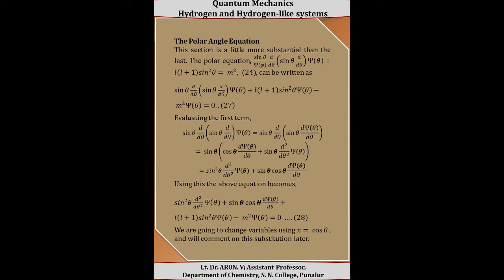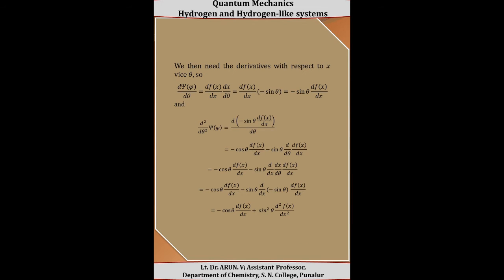Here next we are going to change the variables in such a way that x is equal to cos theta, and we will comment on this later. When we substitute like this, we can represent the theta in terms of x. Therefore d psi theta by d theta, that is equal to d f of x by dx into dx by d theta, that is equal to d f of x by dx into minus sin theta, that is equal to minus sin theta into d f of x by dx, and the second derivative is